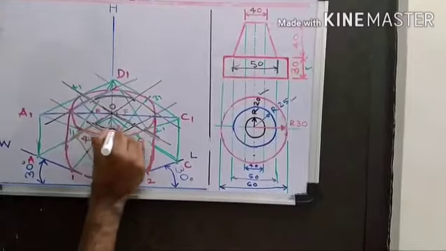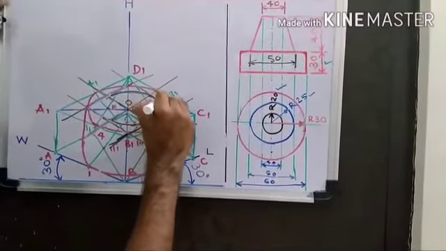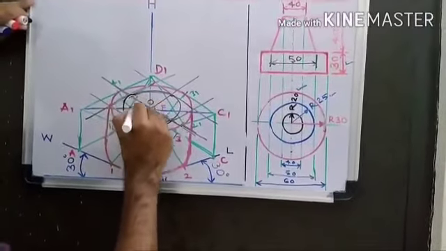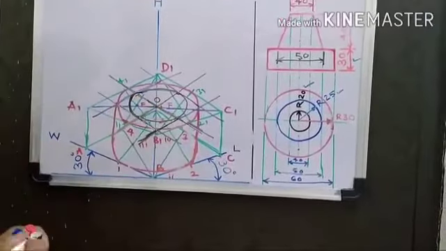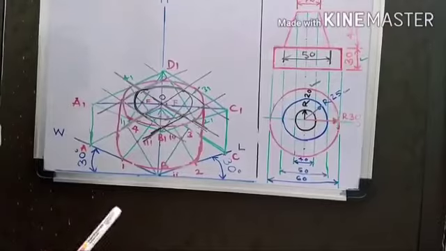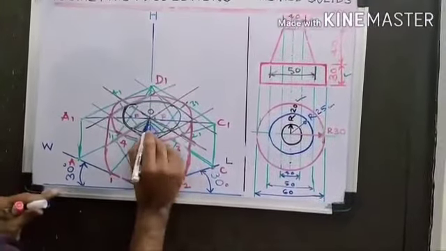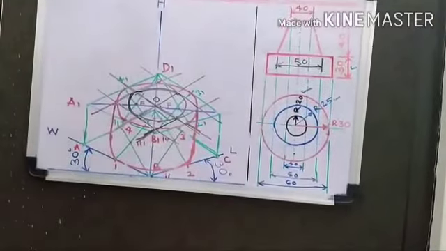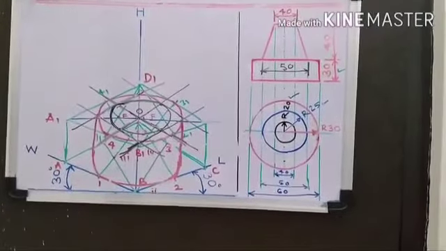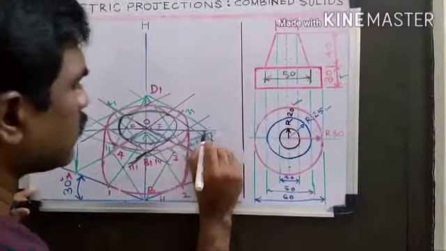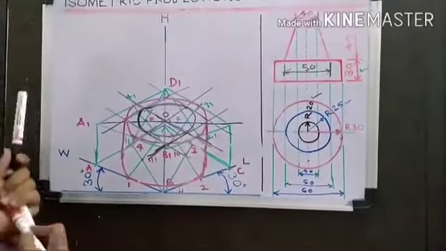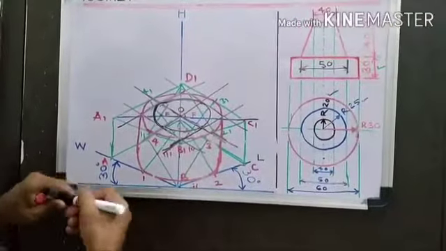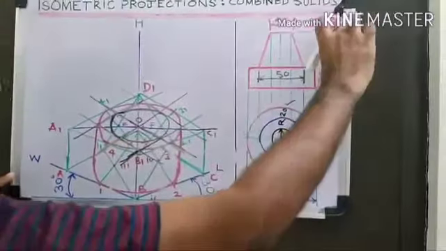Arc. Here also an arc. This is going to be another arc. By using 4 center method. I am not showing the procedure. Previously I told it. Now remember this procedure. From O point, this is the C1. So what is the height? 40. So from O point you have to measure the height is 40.